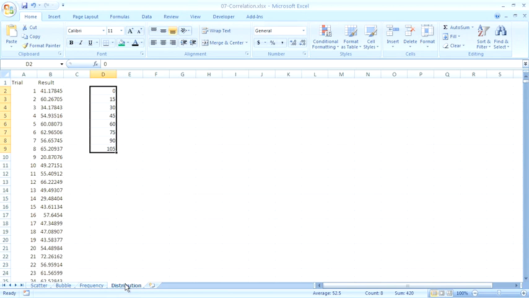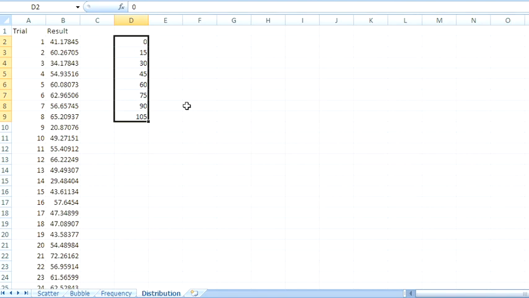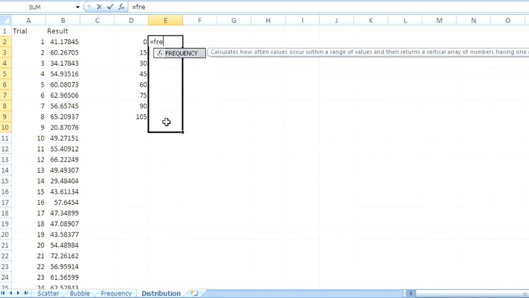Now I've chosen a bin size of 15, so I'm basically asking Excel to tell me how many records fall between 0 and 15, 15 and 30, 30 and 45. This formula is one of those special kinds of formulas that actually returns many values. Those are called array formulas. We need to select from cell E2 down through our bin sizes plus one extra cell. You always need to select an extra cell in case there's any values that are outside of the range you expect. We'll type equal frequency